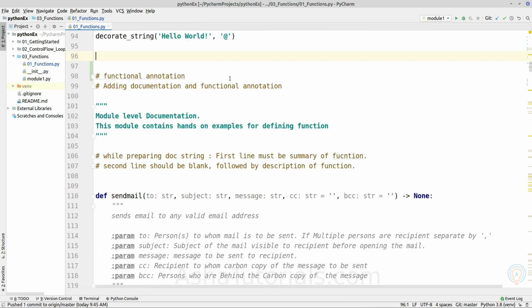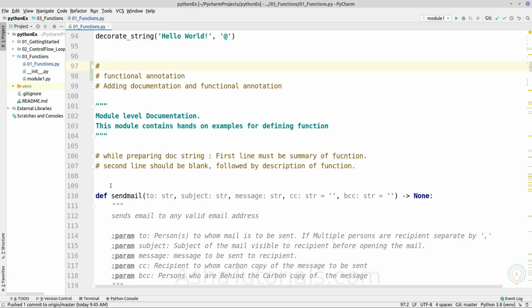Next topic is functional annotation. As we know, Python is a dynamically typed language. So what do we mean by dynamically typed language? When we are assigning a value to a variable, for example variable a equal to 25, that variable is not restricted to hold any certain type of value.